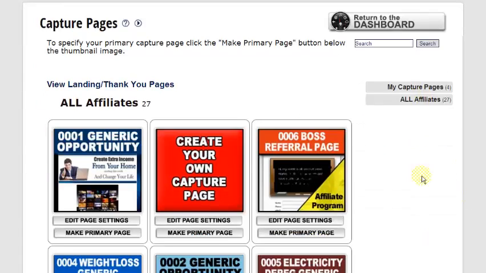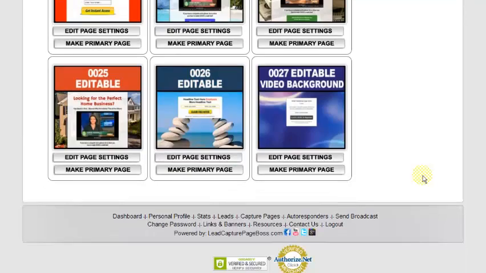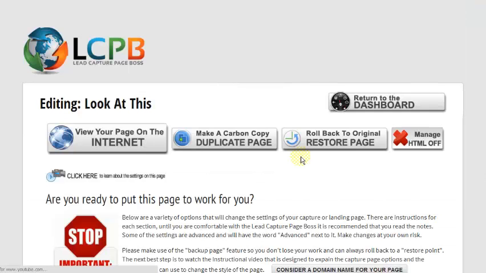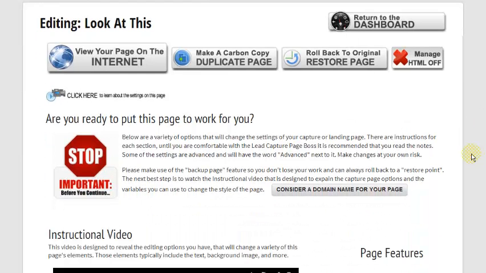It doesn't matter which capture page you use, but I'm going to go ahead and scroll down, and let's say I'm going to take 0027, and I'm going to click on Edit Page Settings. This essentially brings us to this page here called Page.php, and this happens to be page 479. Now this is a different layout than the normal layout that we had, and I want to go over each